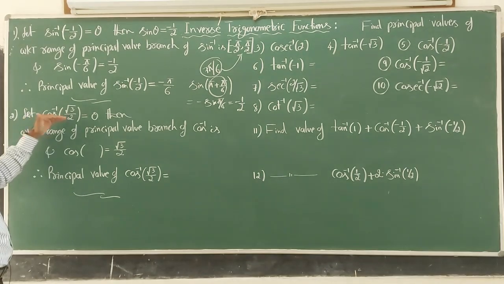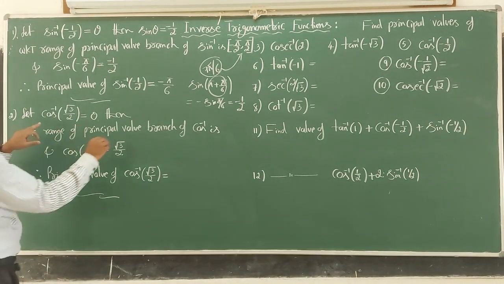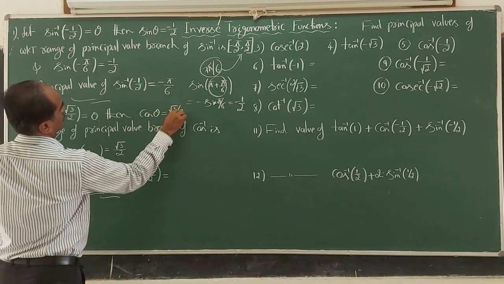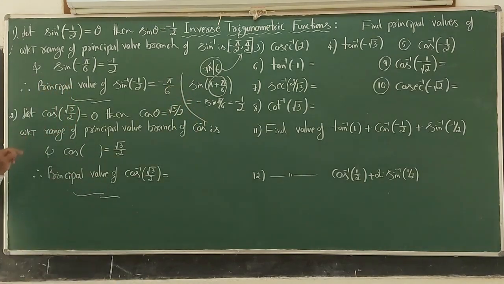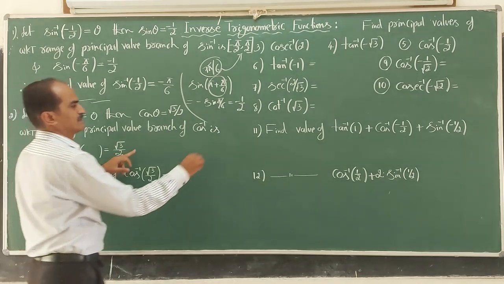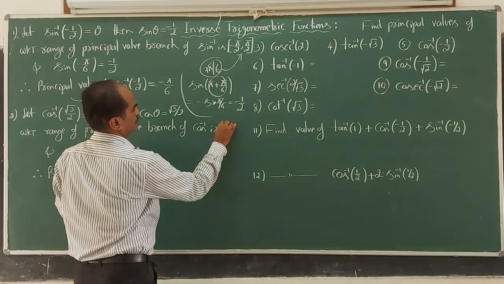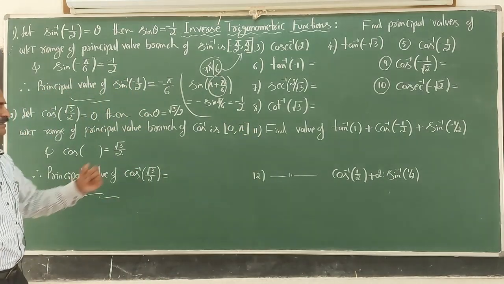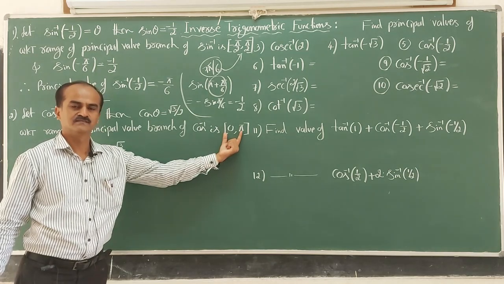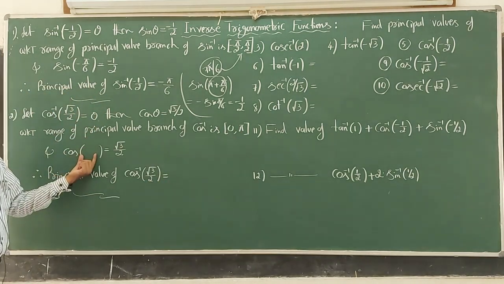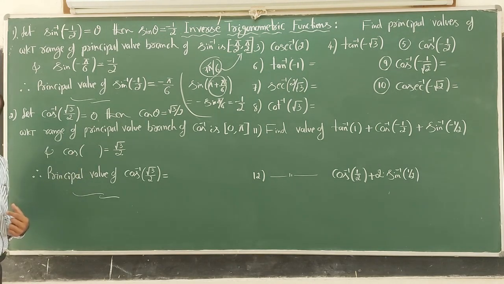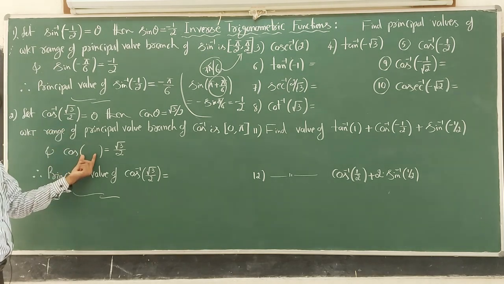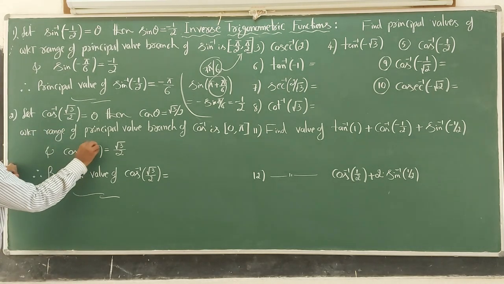Again, here also we assume it to be equal to theta. Then using the inverse function, what can I write? Cos theta must be equal to root 3 by 2. The range of the principal value branch of cos inverse x is the closed interval 0 to pi. Now, think of an angle in this interval such that cos of that angle is equal to root 3 by 2. Here x is positive, so it must be an acute angle, that is cos pi by 6 will give us